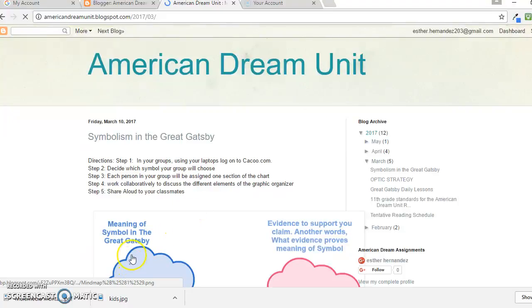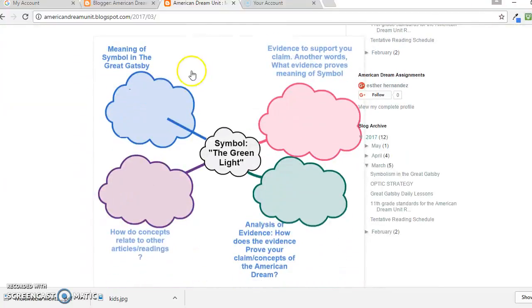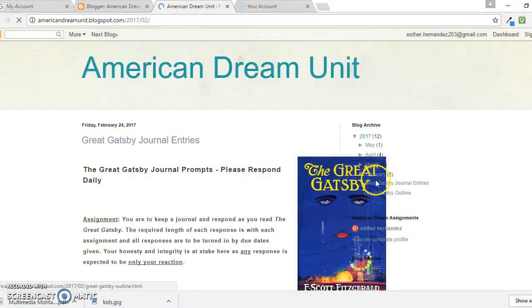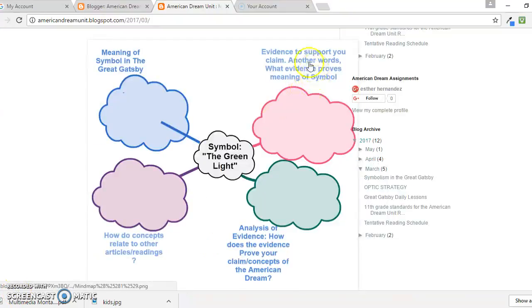Here we go with a graphic organizer for symbolism using Kaku, where students are able to engage and interact simultaneously to complete this graphic organizer, where they're all able to collaborate. I really felt like the assignments that I created really supported some of the standards. So if we see here, cite strong and thorough textual evidence, the Kaku graphic organizer requires students to provide evidence in their work. So if we take a look, here we're presented